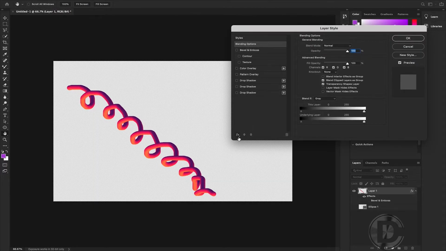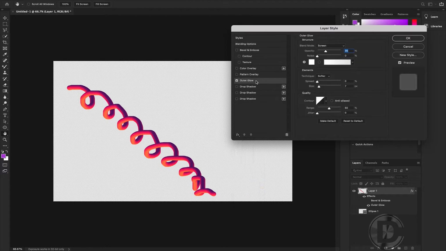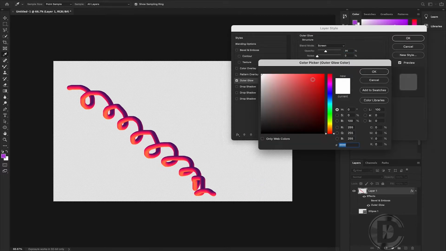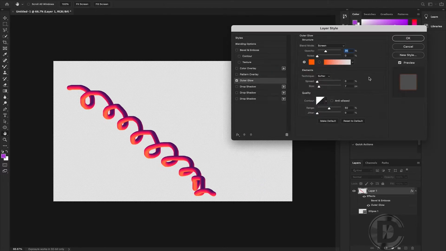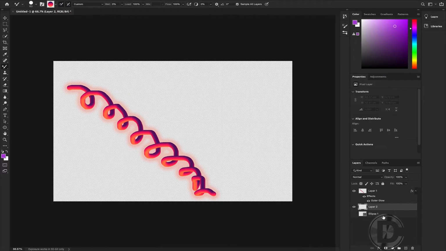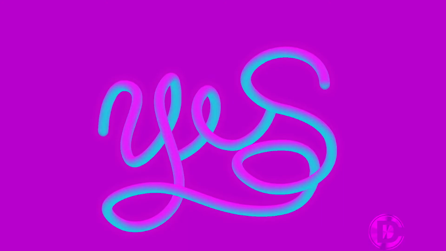Mixer brush tool in Photoshop is one of the most creative features of Photoshop. With the help of mixer brush tool, you can make paintings and even do high-end retouching. And along with that, you can also make some creative Photoshop manipulations. So in this tutorial, we're gonna learn how we can make these kind of 3D brush strokes by using mixer brush tool. So how we gonna do that? For this, let's get straight into the video.